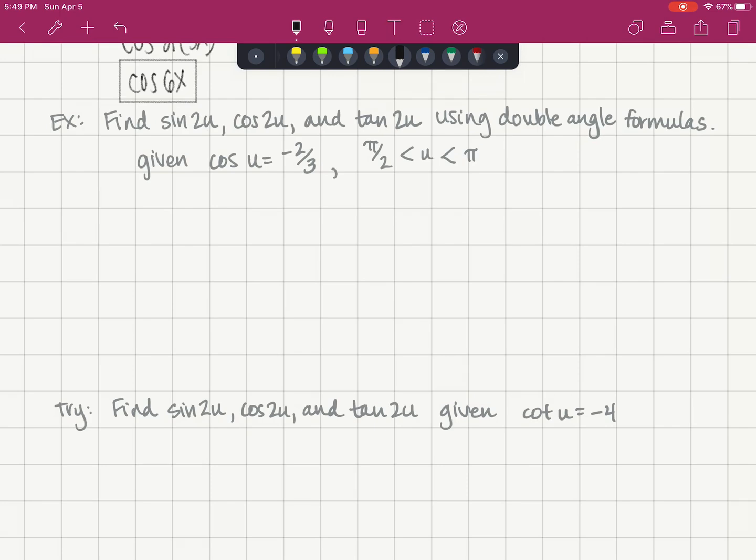We're given the task of finding the sine of 2u, the cosine of 2u, and the tangent of 2u, given the fact that the cosine of u is equal to negative 2 over 3, and that angle u is in quadrant 2. So I'm going to draw a triangle,